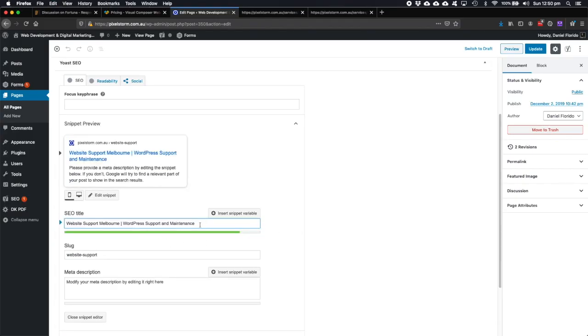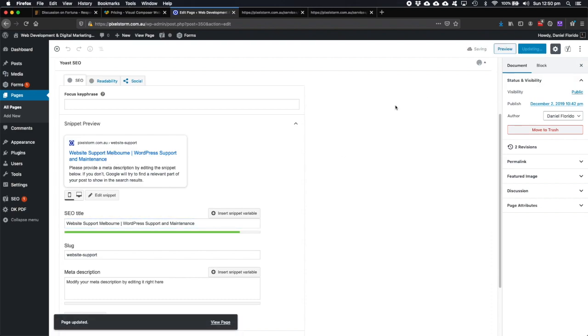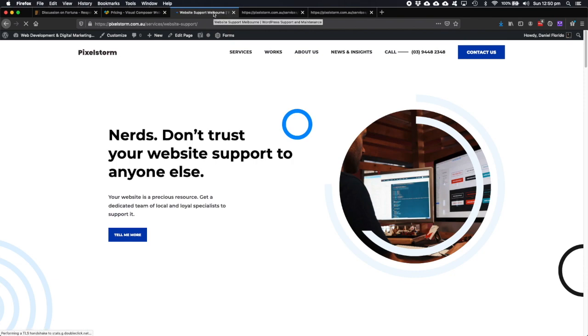It's gone green. That's exactly the way I want it. This is how it's going to look in the preview if I update the page. It's been updated. I can view the page now and see my change. My new title tag is reflected in the